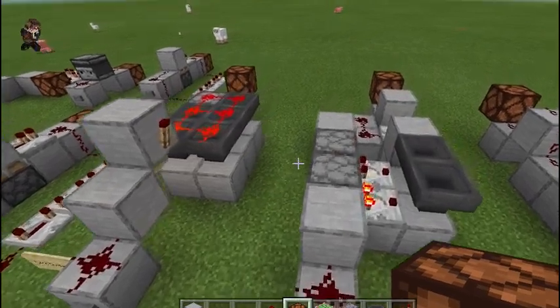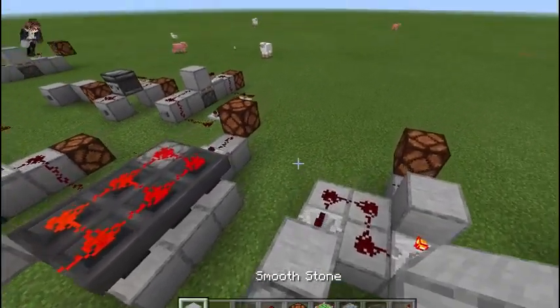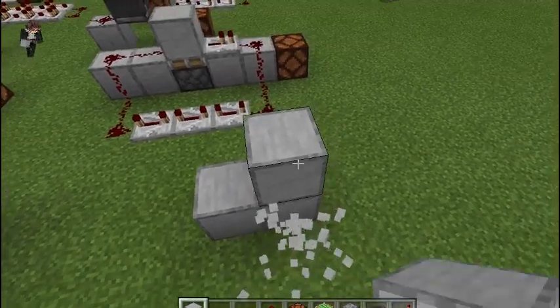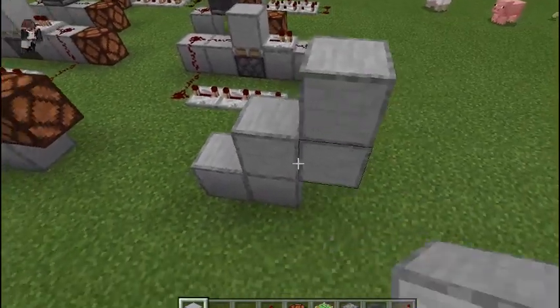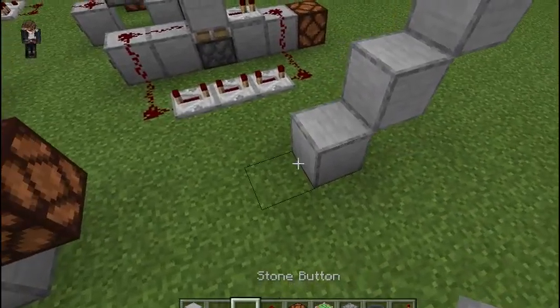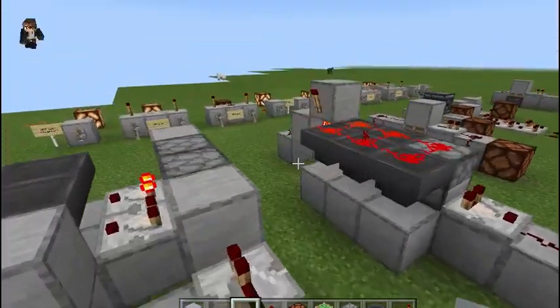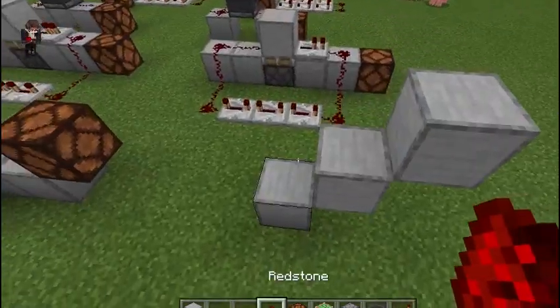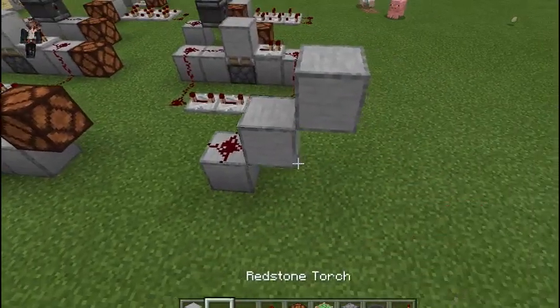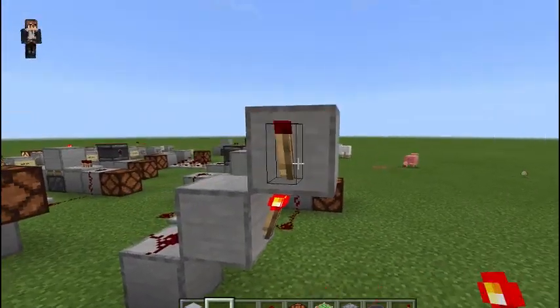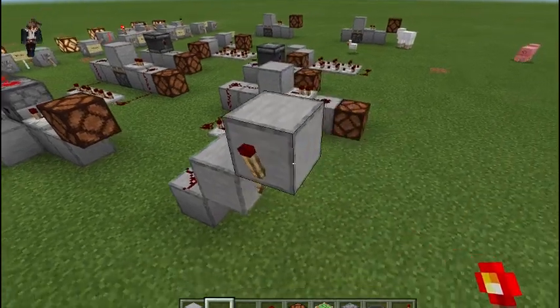Alright, let's go ahead and build these. So this one is like that. We're going to put our input right here. Does it have redstone on it? It sure does. So your redstone. We'll have a torch underneath that third block and on the side of it. And then